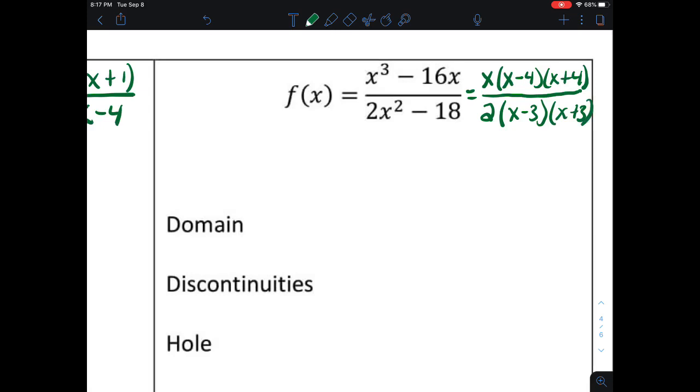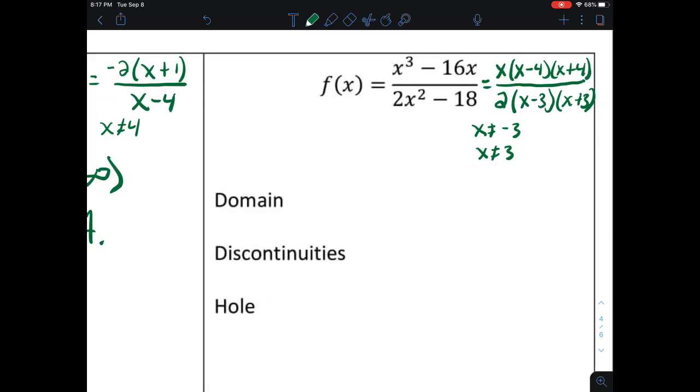So now we identify the numbers we cannot use for x. You cannot use values for x that create division by 0. So x cannot equal negative 3 and x cannot equal positive 3 for that reason. Those two numbers are your discontinuities. So I'm going to go ahead and write those as x equals 3 and x equals negative 3 as my